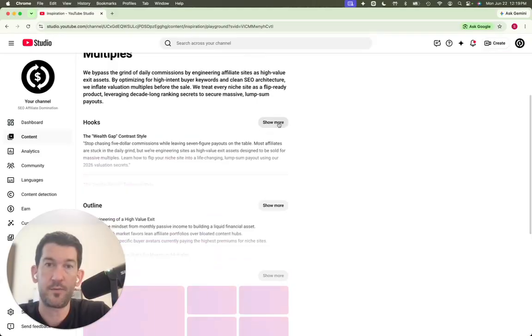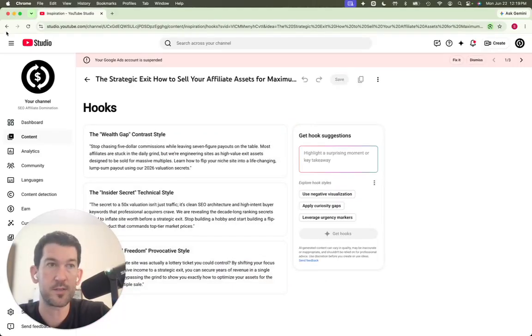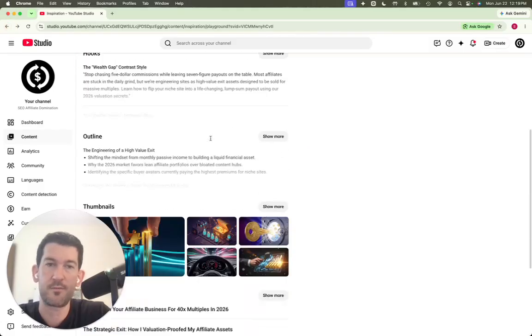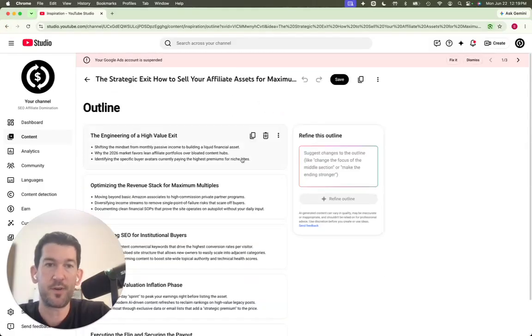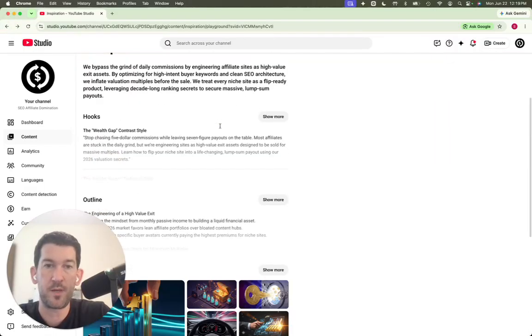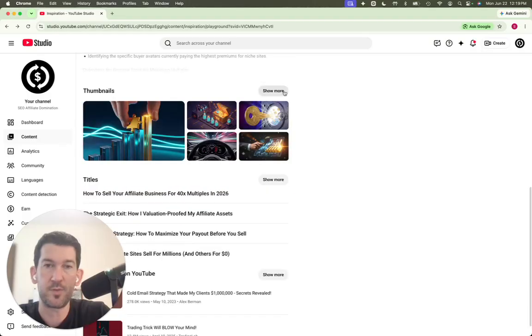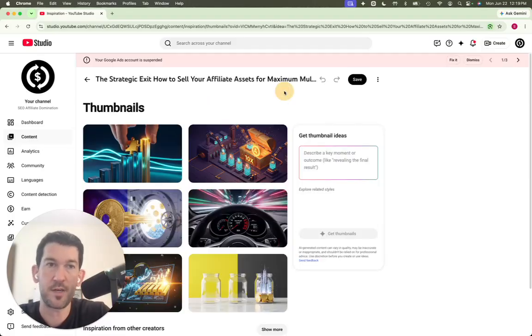And we've got hooks, and we click this. I think there's multiple hooks. That's pretty awesome. I mean, it's designed for attention and conversion. We've got an outline, so that's pretty cool. I'm not speaking from all that stuff because I just know this information, but if you want to, it helps with putting a script together. There you go.